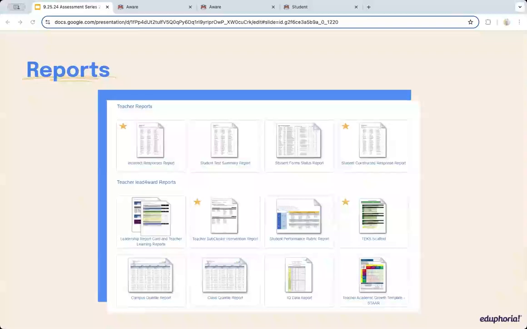One of the most popular ones is the incorrect response report. That one will let you generate a PDF of all of the incorrect responses on an individual assessment. This can be really helpful if you don't have something like single test analysis to identify at a very high level what the misconceptions might be from an assessment. You can dig into it and ask questions about why particular responses are being chosen and then make plans accordingly to correct those mistakes. This is also helpful in potentially grouping students that are making the same error on an assessment.